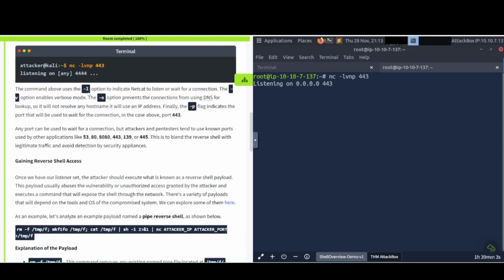The command above uses the -l option to indicate netcat to listen or wait for a connection. The -v option enables verbose mode. The -n option prevents the connection from using DNS for lookup, so it will not resolve any host name. It will use an IP address. Finally, the -p flag indicates the port that will be used to wait for the connection, in the above case